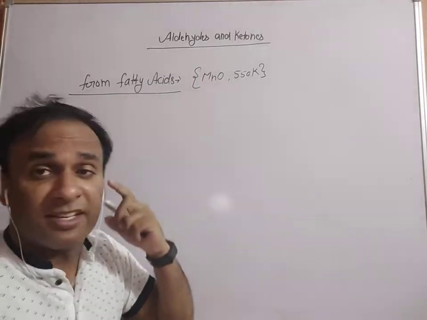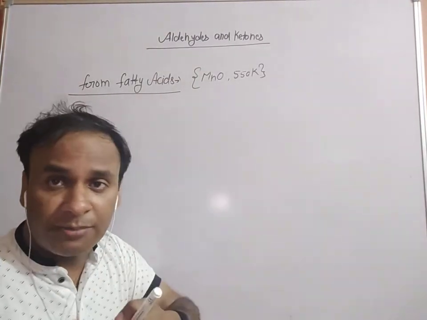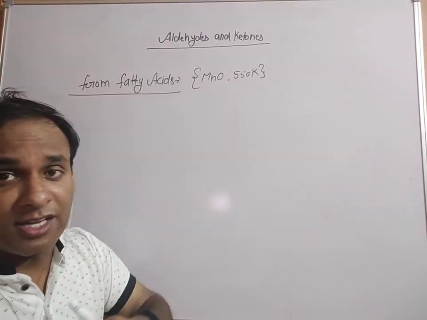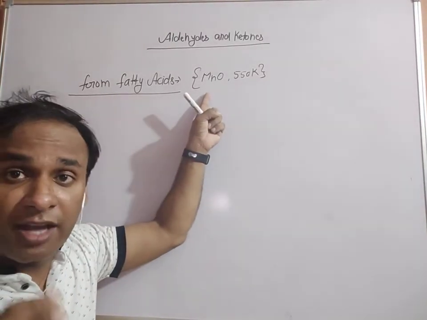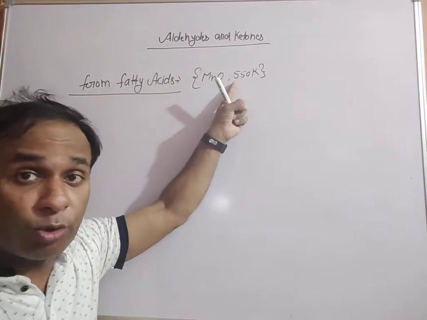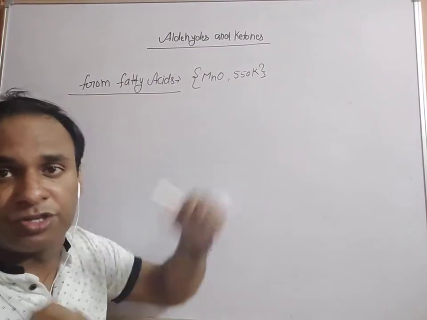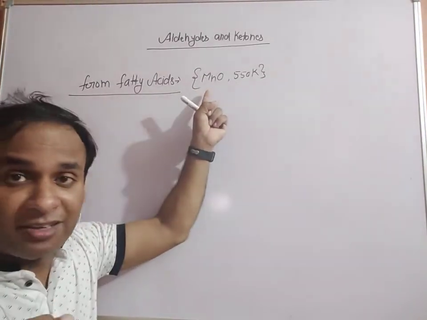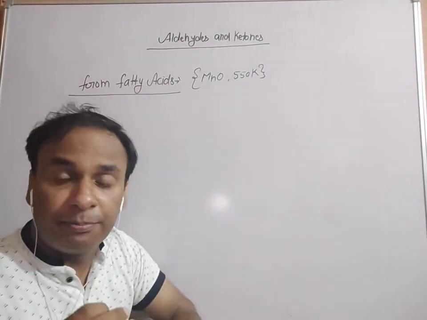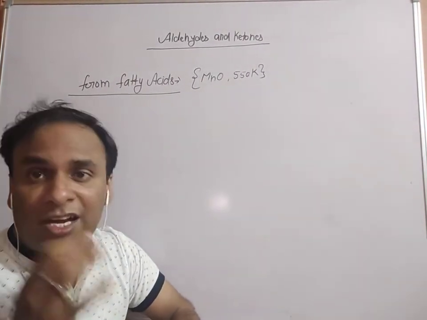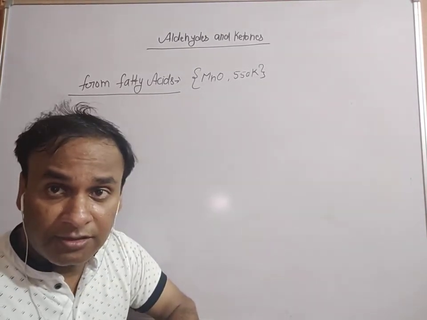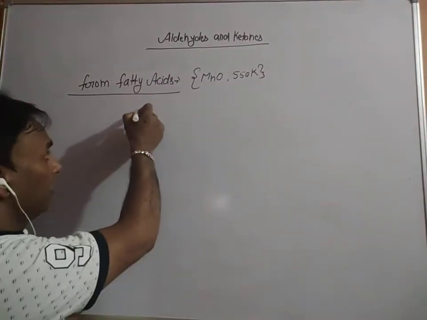Now the next method is from fatty acids. Fatty acid means carboxylic acid. Clear? And in the presence of carboxylic acid, we use manganese oxide, MnO, at approximately 550 Kelvin temperature. Clear? In the presence of manganese oxide and 550 Kelvin temperature, decarboxylation and dehydration take place. Clear? For example, like